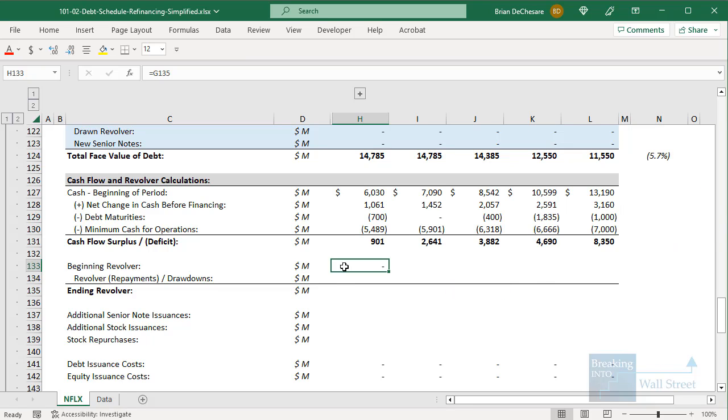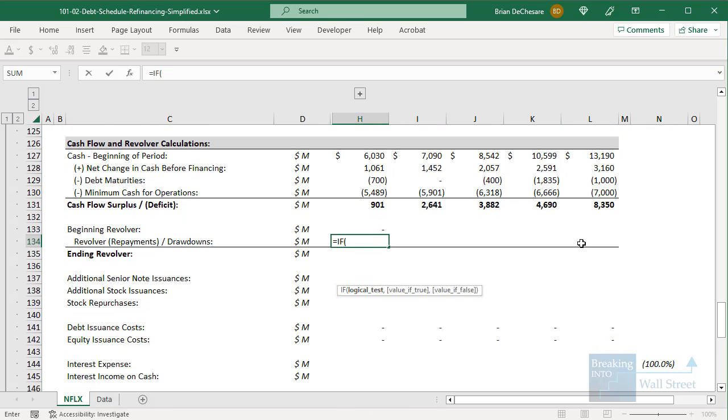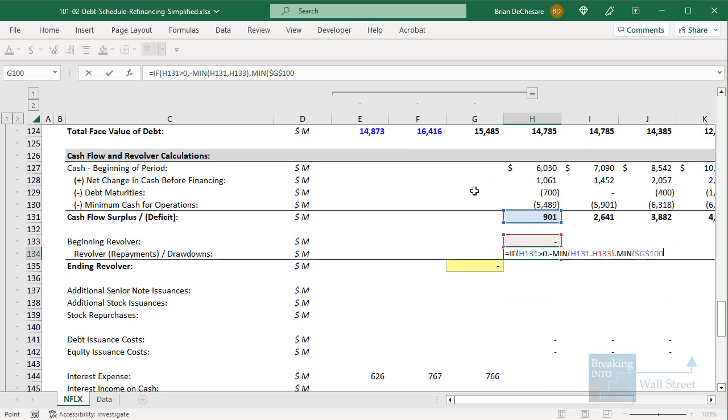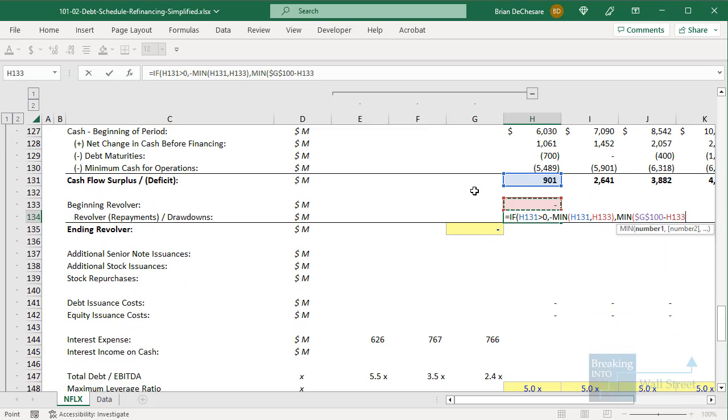previous period. Now for the revolver itself, again, it's a similar formula to what you saw in the LBO model where we take our cash flow surplus or deficit here. If it is positive, then we take the minimum between this number and then our beginning revolver here. If it is not positive, so if it is negative or 0, then we have to go up to the top to the maximum amount that we can draw on. We subtract our beginning revolver right here, and then we compare this to the absolute value of the cash flow